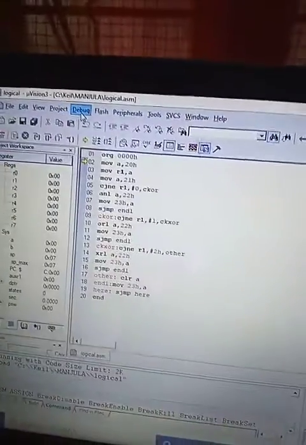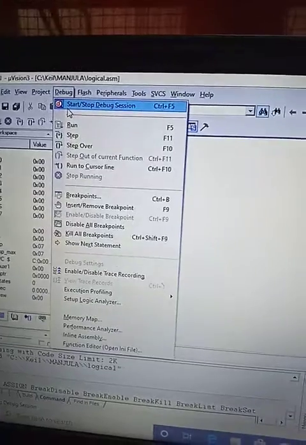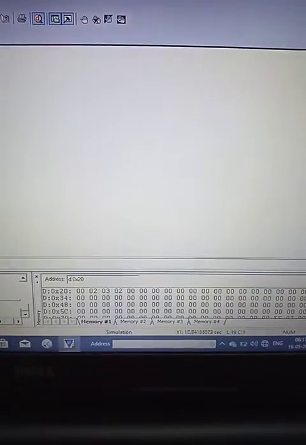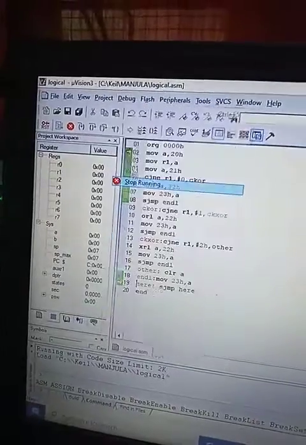After entering the last data, please press enter and go to debug and then say run. So in the 23 location you are getting 02. That is nothing but the ANDing of the data 02 and 03, which is 02. Now I come out of the debug session, say stop running.